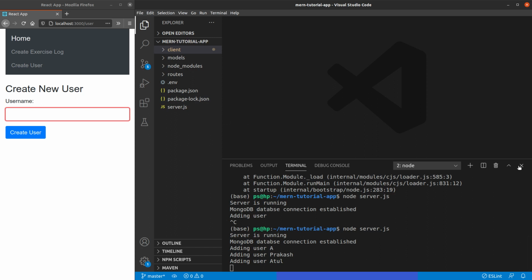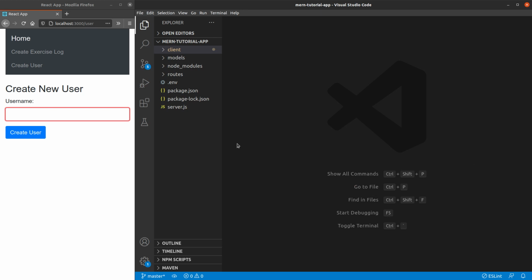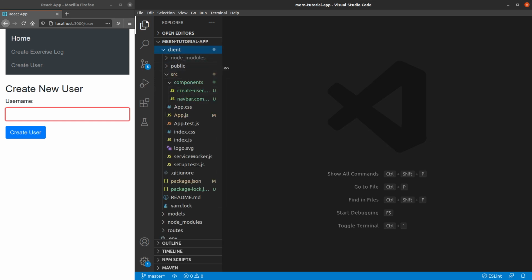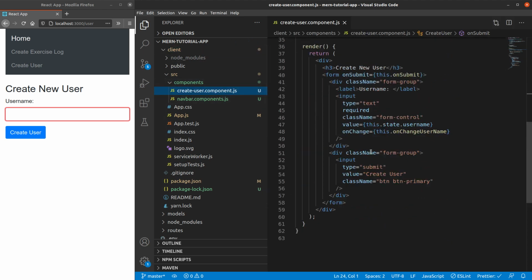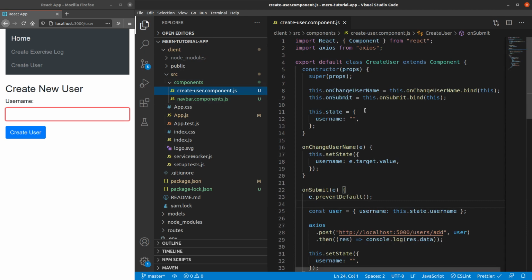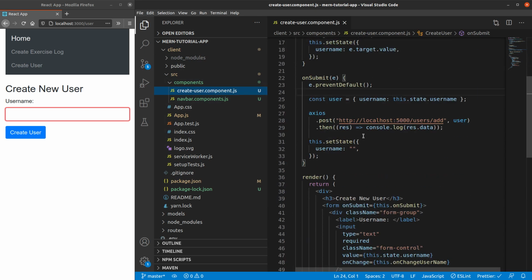Okay. So the remaining activities in our application right now are that the user should be able to create an exercise log, and the user should be able to view the exercise logs and stuff. Considering that we have learned a bit about React and everything, we will try to cut short the creation of these components for exercise creation and all.